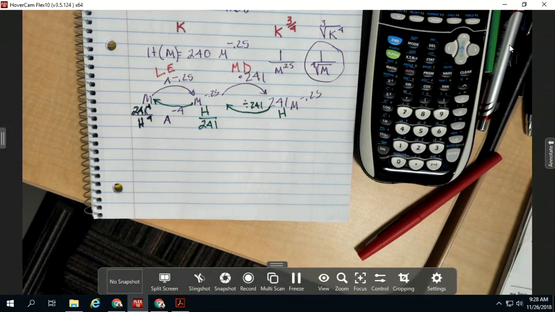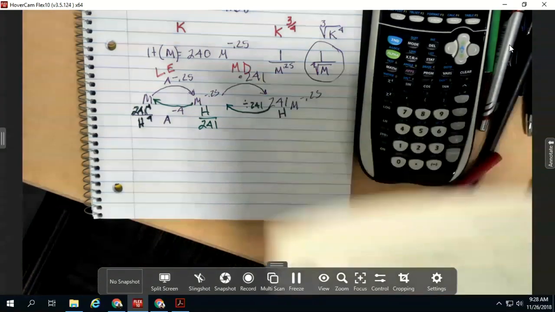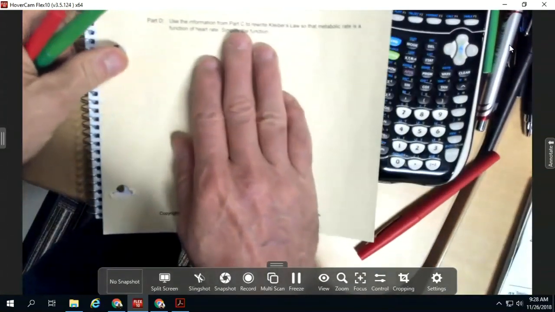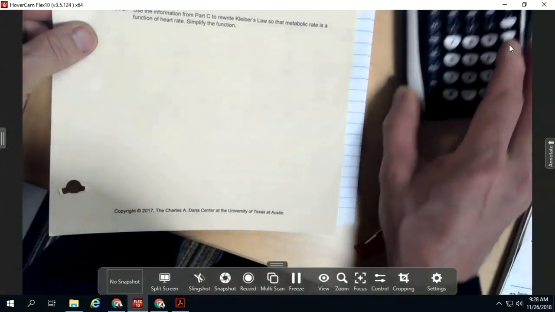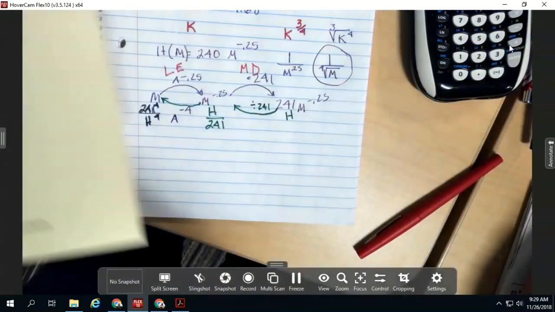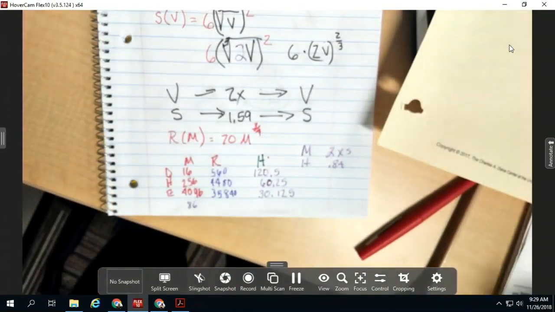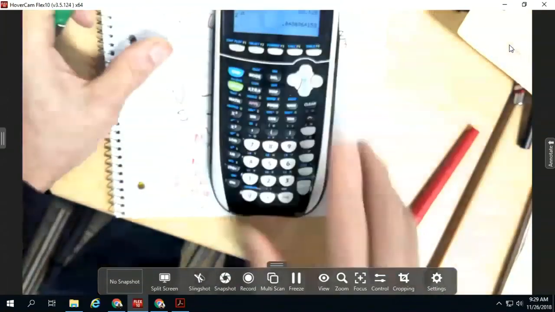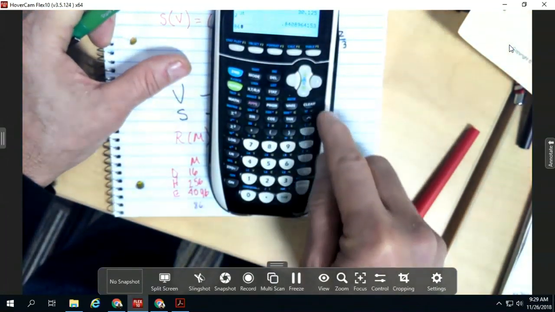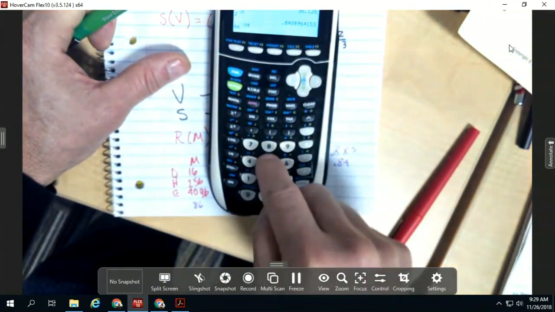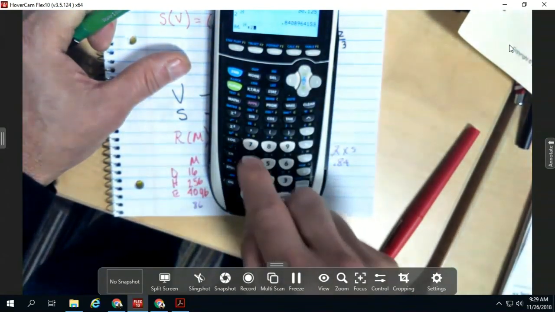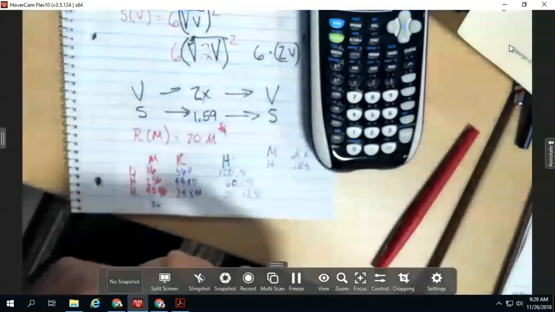241 to the fourth over H to the fourth. Yeah, that's right. Last thing: use this information from Part C to write Kleiber's law. Oh, let's go back here and figure out what our ideal heart rate should be. So if I weigh 86, I take 86 to the negative 0.25 times 241, and my heart rate should be